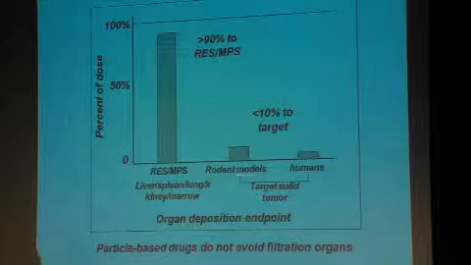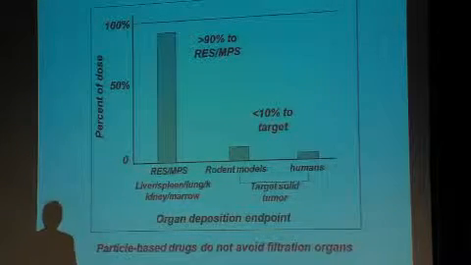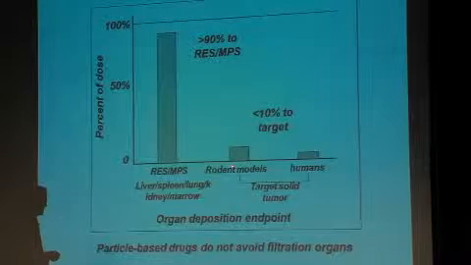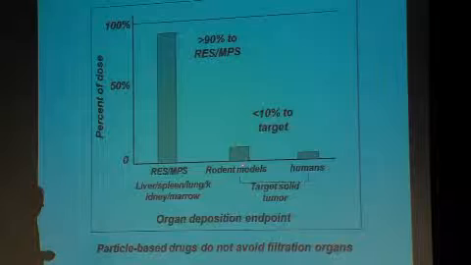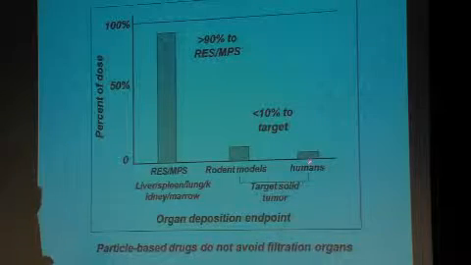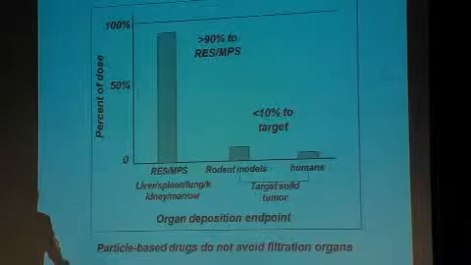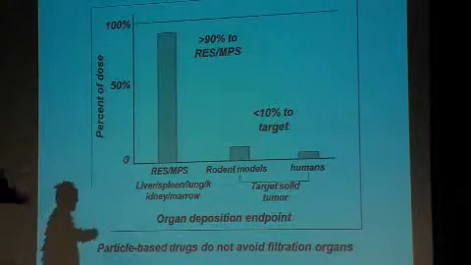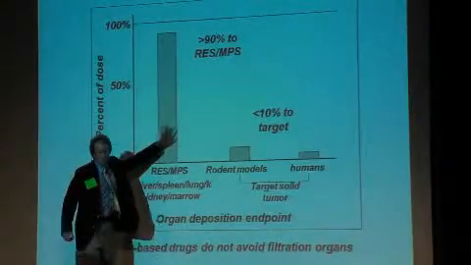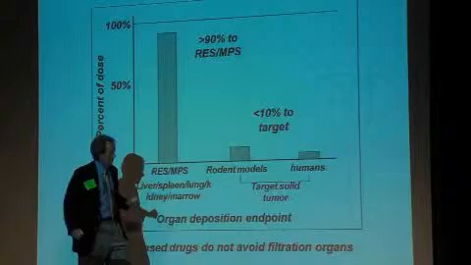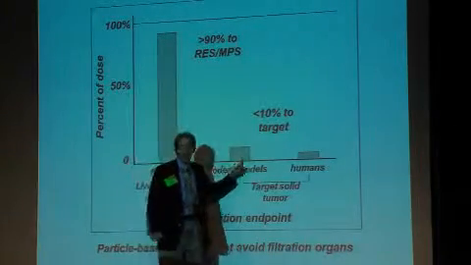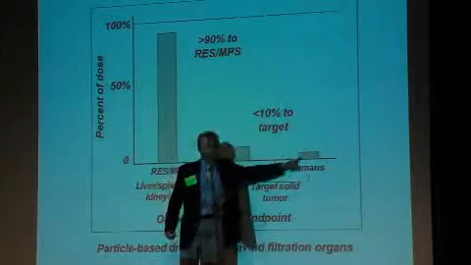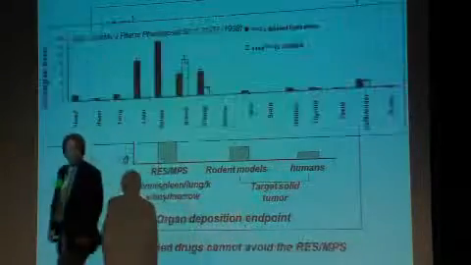10% in rodent models, which we know a lot about, 10% of the dose or less, if we're lucky, will go to the target solid tumor in a rodent. And if we then extrapolate that to a human case, we find, in fact, a fraction even less. So there's two take-home messages. One, no matter what we do, most of the dose goes here. A small fraction will, in fact, get to the dose site that we want, but in rodents, it's much more optimistic than we find in humans.